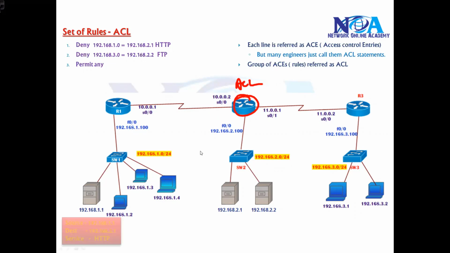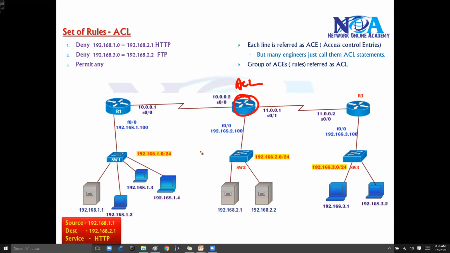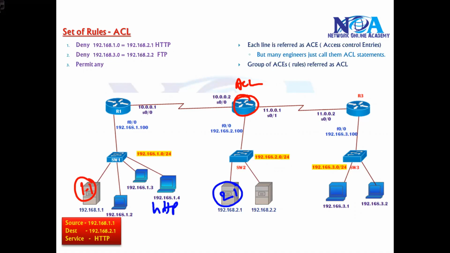Now what happens is when the traffic comes, let's say the traffic is initiated by the 1.1 user. Now the source address 1.1 is trying to send traffic to 2.1, that is my destination, and HTTP is the service. So we can define those conditions inside the ACL. Based on this, the traffic will go to the router because source and destination are on different subnets. We know that the traffic goes to the gateway, and then the gateway checks the routing table and forwards it out of that interface, assuming we already have routing configured here.